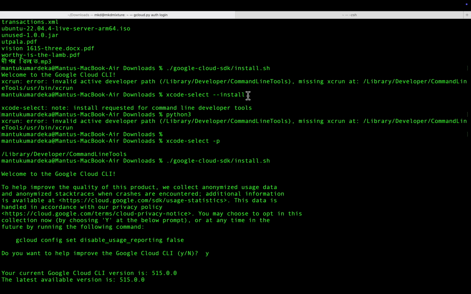If you are getting this kind of error, then you have to run this command there. Once you hit this, there will be a pop-up. You have to allow. After you allow, Xcode will be installed. It will take 10 to 15 minutes to download and to install Xcode. And after that